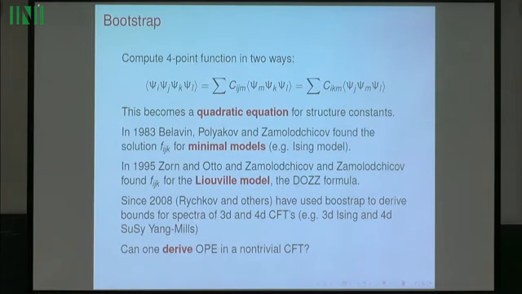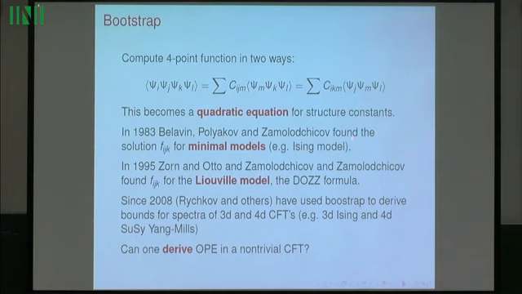Now, bootstrap usually refers to just this procedure of operator product expansion where you can reduce the number of points. But in particular, if you take a 4-point function and do this reduction by combining first the i and j to m, or you could also rather combine the i and k, and get a different decomposition. So you get two different decompositions. These depend on the structure constants. You get a quadratic equation for the structure constants.